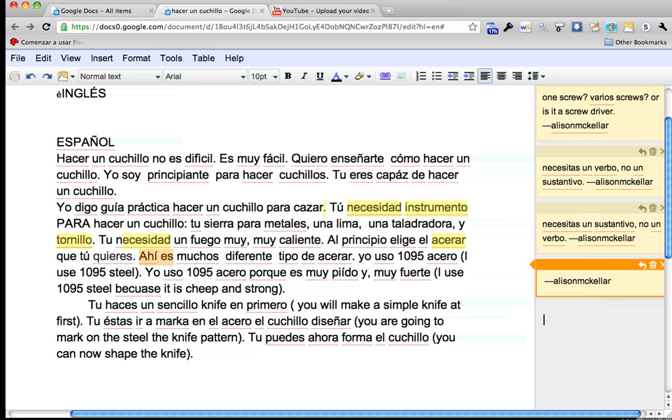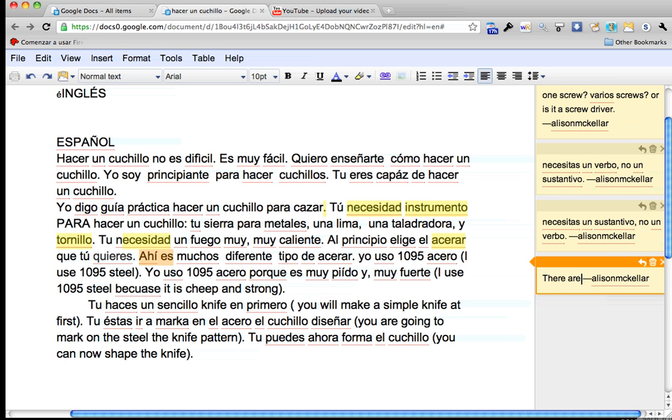If we use the English phrase, there are many different types of steel. So, there are, or there is, una cosa, hay dos cosas. There's one thing, there are two things. That doesn't change based on plurality, which is one of the few verbs that doesn't change in Spanish. So, hay